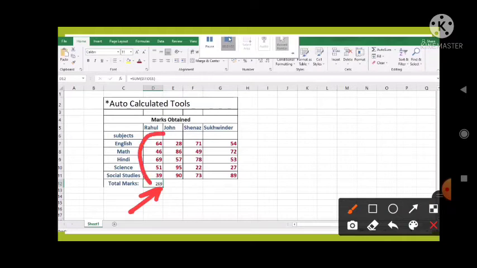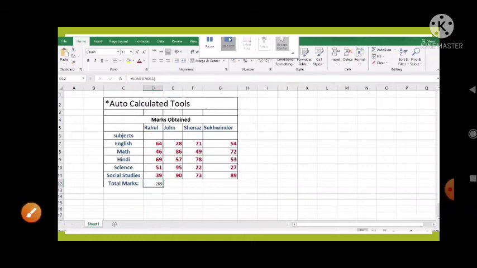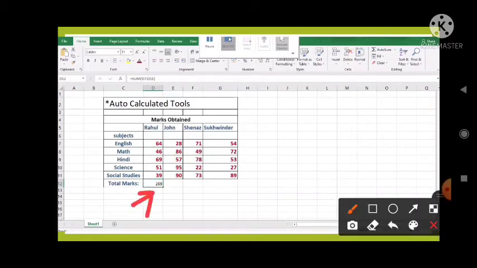As we have selected the values from the cell D7 to D11, look at the formula bar. Here it automatically gets the formula: equal sign, then SUM, and then D7 to D11, the cell range. Okay, then you will select the cell where you want to get the result, then click on the auto sum, then click on the sum. You will get the result in this particular cell. Okay, so select a particular cell to get the particular result.